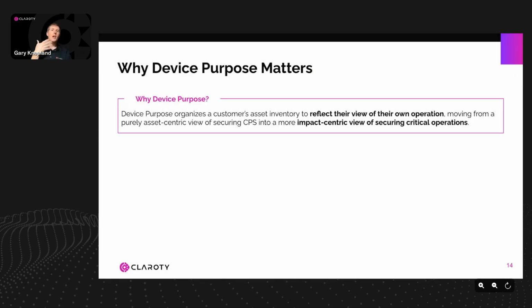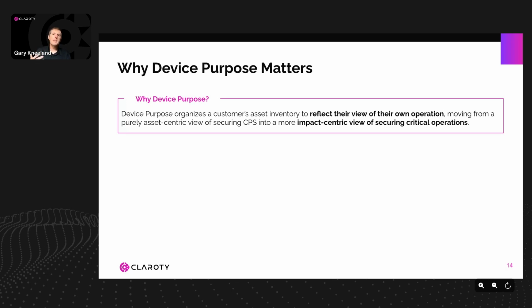So Clarity has started building out this device purpose function within its systems. This is something that is very, very new. We just released it a few months back, and we're really starting to see major benefits from our customers on it, right? Customers can now start getting this context into their system so they can understand what function these devices are doing. And again, we've already started to see a lot of benefit from our customer base.